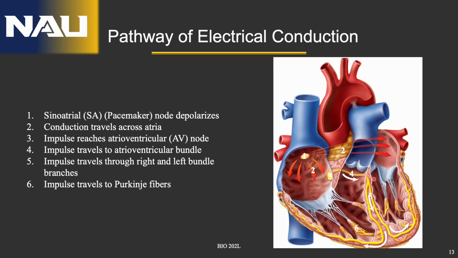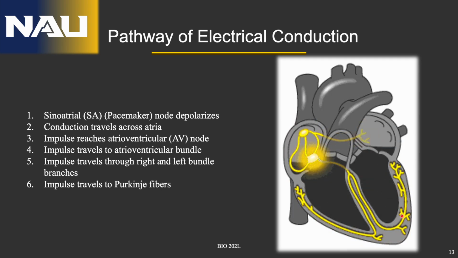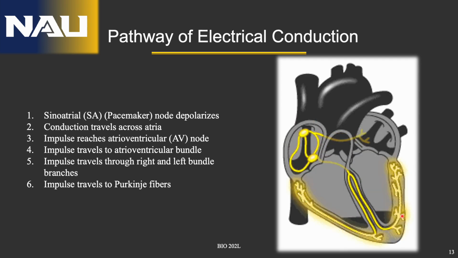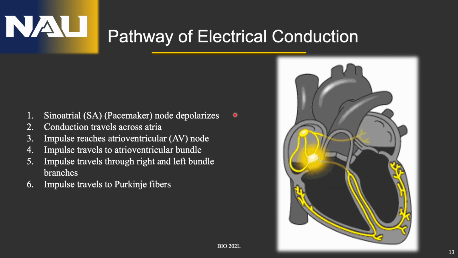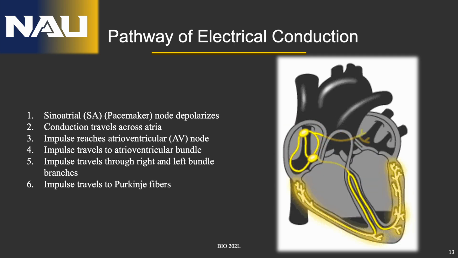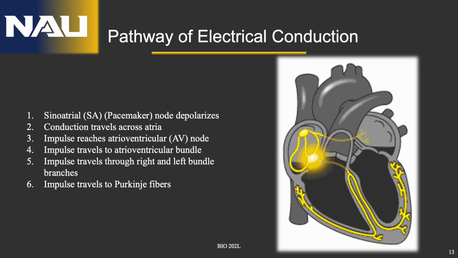the bundle of His. The bundle of His connects both of the bundle branches, where it will then separate into the Purkinje fibers. These components ensure the heart beats in a coordinated manner. An arrhythmia, or irregular heartbeat, can disrupt this process and lead to serious health problems. So now you understand some components of the electrical system of the heart, but now we've got to apply it